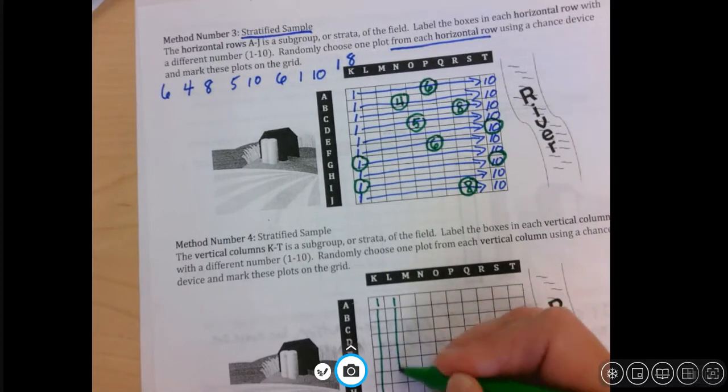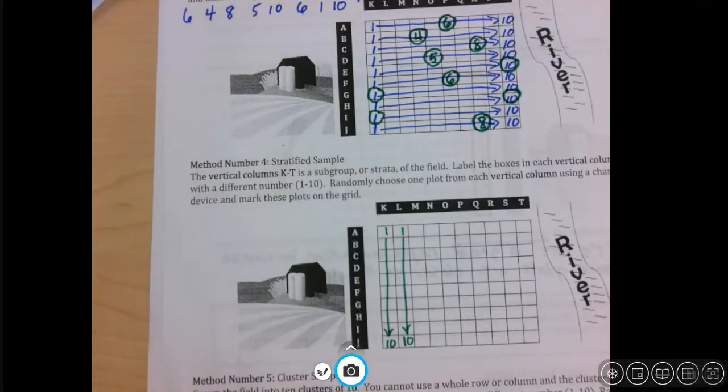Okay, so you can start labeling your boxes 1 to 10 this way. We can't see the bottom. There you go. Thank you. You're welcome. So if you want to label that ahead of time, you can, and let's go see how you